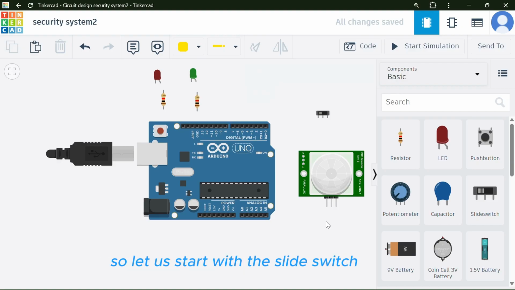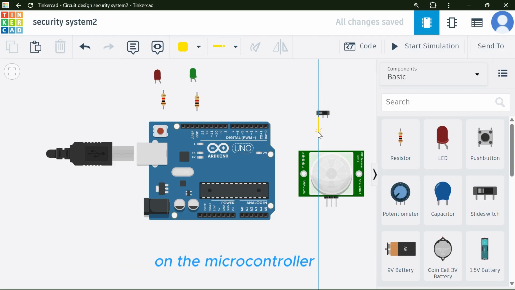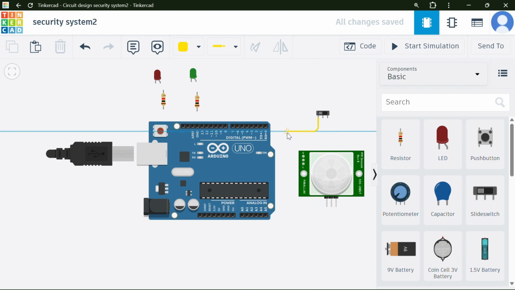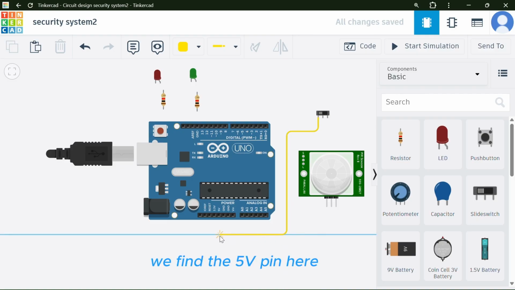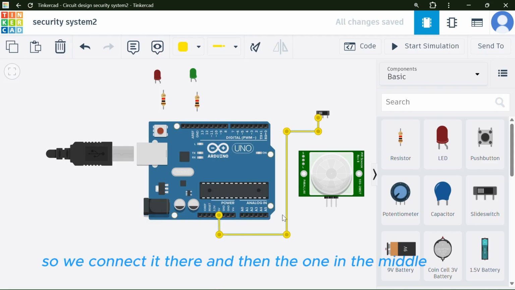So let us start with the slide switch. We shall take this terminal 1 and we connect it to the 5V voltage on the microcontroller. So we pull it here. We find the 5V pin here. As you can see, it is indicated as 5V, so that is the voltage for it. So we connect it there, and then the one in the middle,